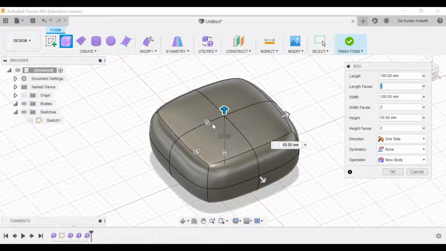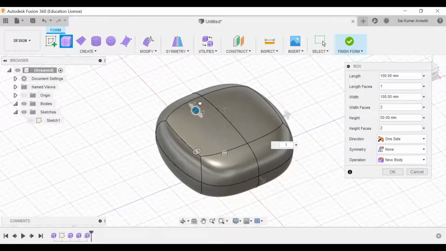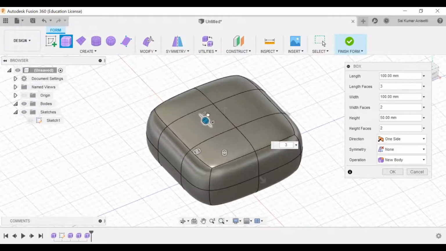Now, if you increase that, you can control the number over here, or else you can just simply drag it from here. Let me drag it and add some, see, plus and minus. If you minus only one, now your side face has been divided into only one face. Did you observe that? Now I will add it. I'll make it 2. Now it is 3. See, check the box mark. I'm just holding my mouse and checking the boxes. Length faces, that is the second option. Now it is 3.